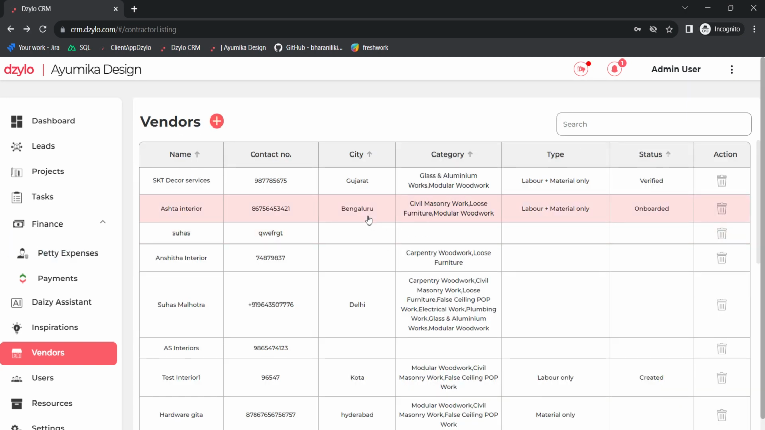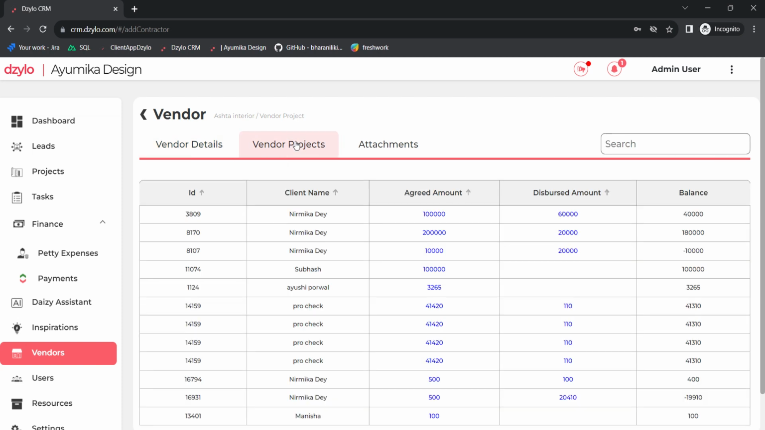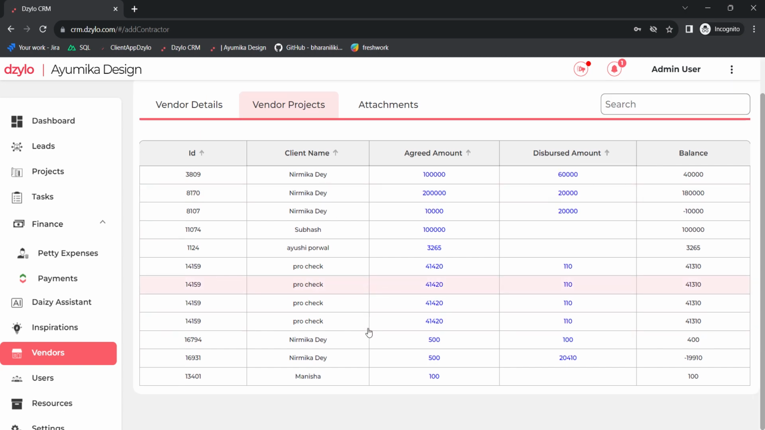Later you can enter this vendor type, then working model, then your contact person, status, all these things you can change or add. But yeah, initially you need these two things, right? Next is your vendor attachment. So, sorry, vendor project. So vendor project will basically show you